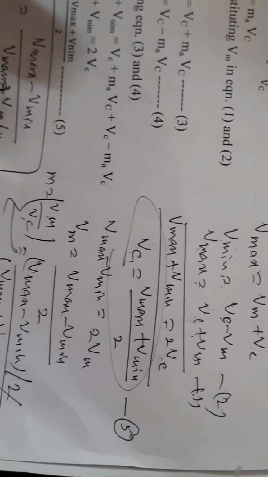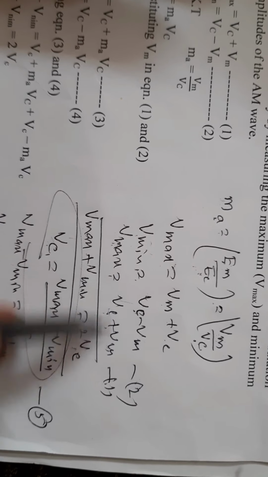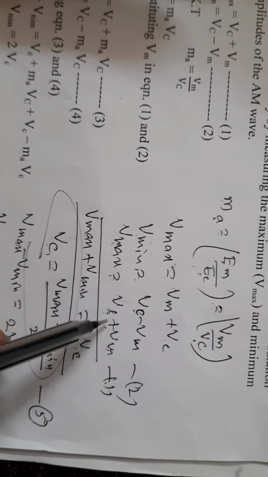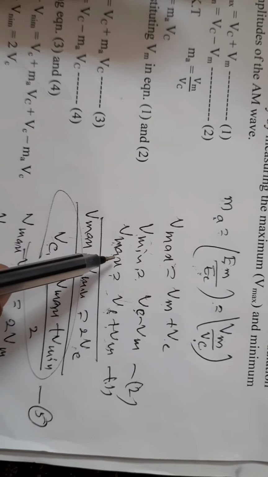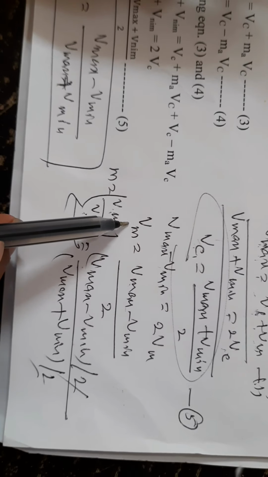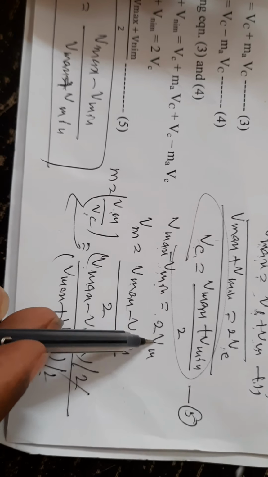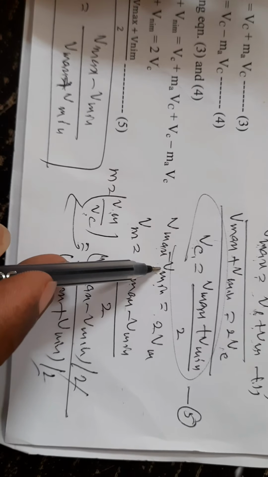Now subtract these two equations. Subtract equation 2 from 1. You get V maximum minus V minimum. Vc minus Vc gets cancelled. Plus Vm minus minus Vm is Vm plus Vm, which is 2Vm. Here you get 2Vm, which is equal to V maximum minus V minimum. Therefore, V maximum minus V minimum is equal to 2Vm after subtraction, or